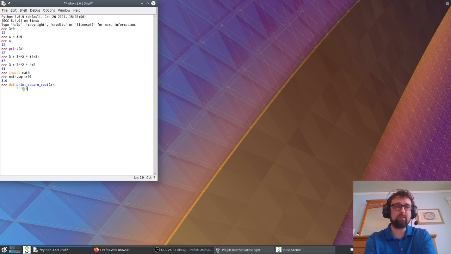Print, I can spell, prints the square root of the input. Okay. And then I'm going to do this in 2 lines. I know that I could do it in 1, but I'm going to do it in 2. So y equals math dot square root of x, and then print the answer is